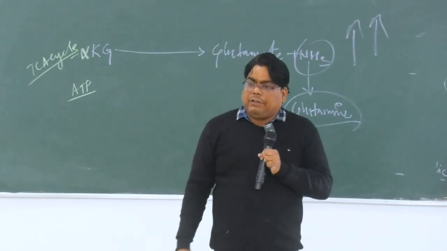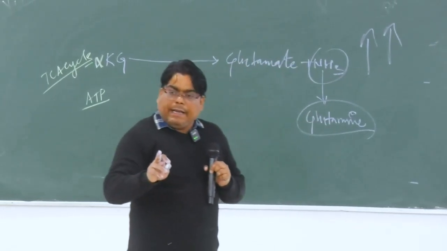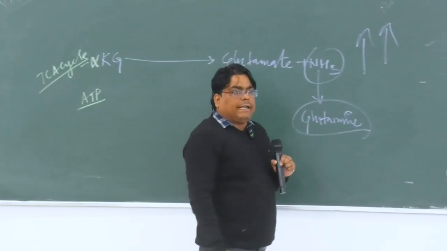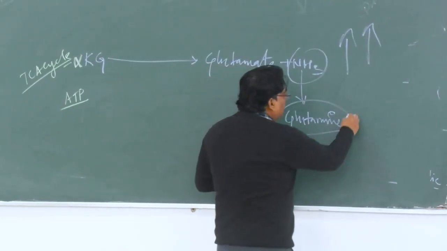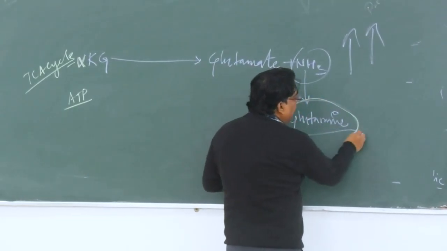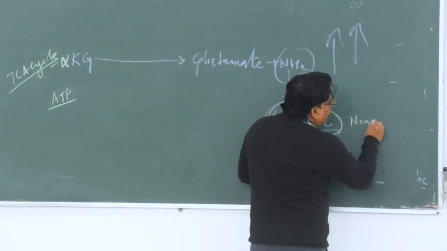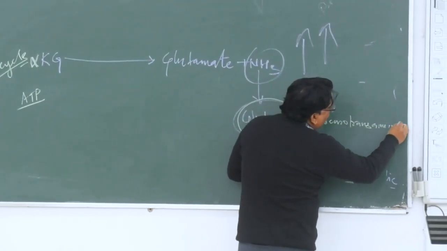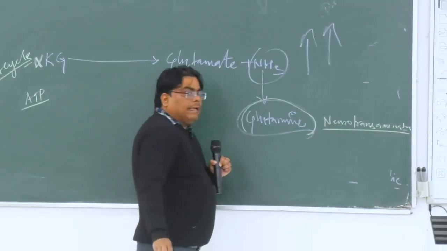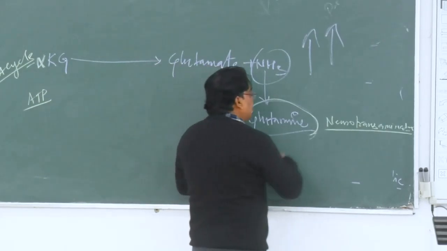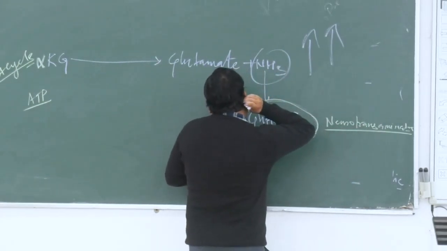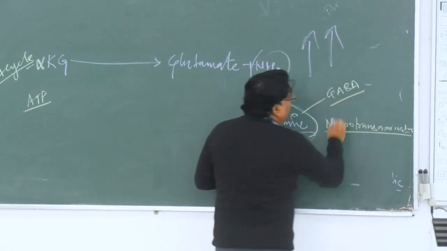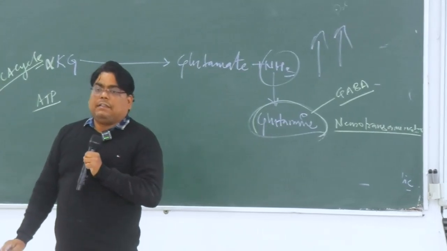ATP is not produced. That is the first concept. The second reason is that glutamine is basically a neurotransmitter. It signals in neuron cells, and by the property of this gamma aminobutyric acid,